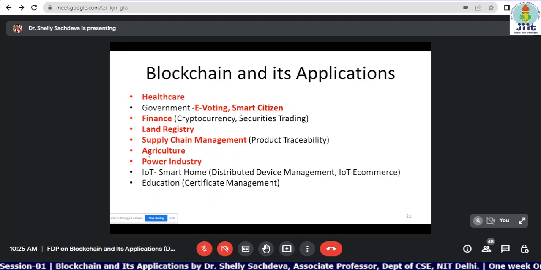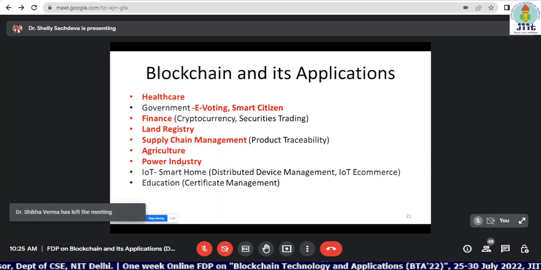Then we have the use in agriculture. I'll be talking about the challenges in each sector, what challenges we will encounter while using the blockchain concept in these sectors. Then we can use the blockchain concept in the power industry also. What are the advantages if I move from the simple one towards the blockchain? What are the challenges? Then for IoT, we have applications or use case scenarios such as the smart home,